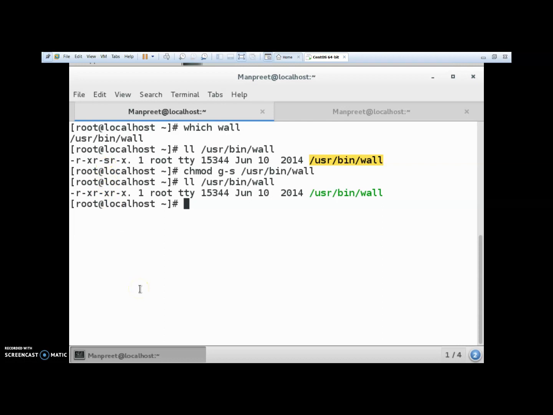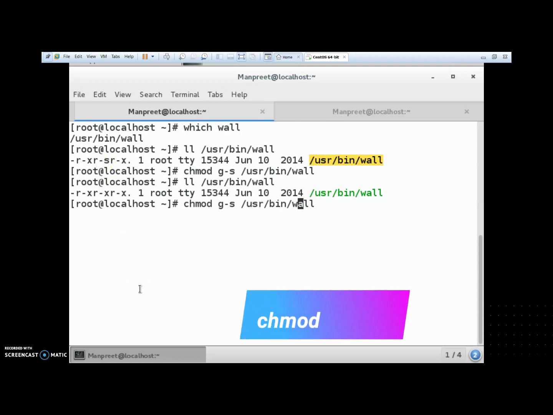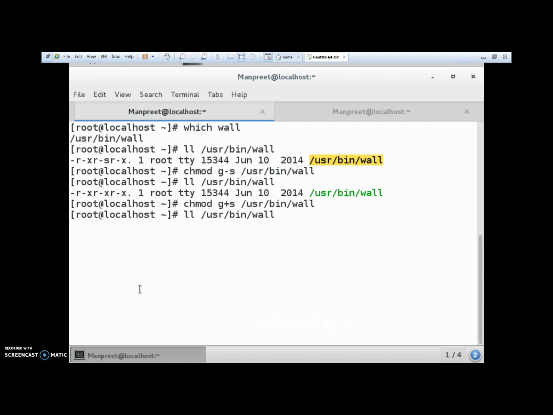Now you can try again to set this special GID bit using the plus symbol. Numerically, I told you how you can enable as well as disable using the value 2. So again it has been enabled. Now you can check, see S is again occurring in the second triplet which belongs to the group.